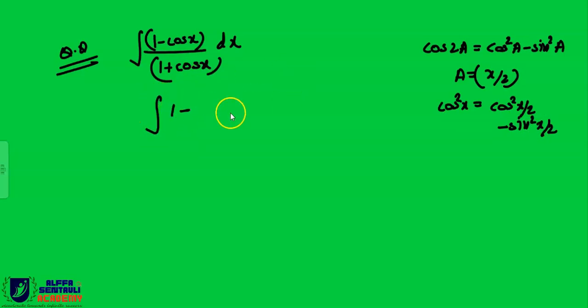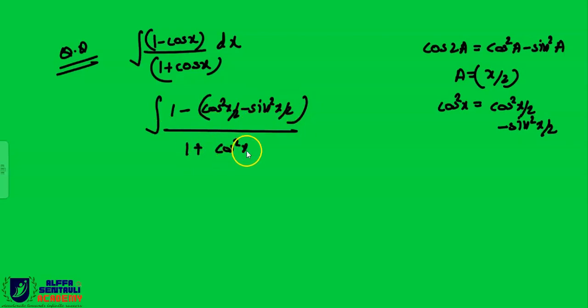So write this in this way: cos square (x by 2) minus sin square (x by 2). In a similar way, in the denominator, you have to use the same thing. This is cos square (x by 2) minus sin square (x by 2). Correct, beta? dx. So you have to open this bracket with a minus sign. If you open this bracket with a minus sign, you will get 1 minus cos square (x by 2) plus sin square (x by 2). So 1 minus cos square (x by 2) is nothing but sin square (x by 2). So one sin square (x by 2) you get from here, and the other positive sin square (x by 2). So this will become 2 sin square (x by 2).